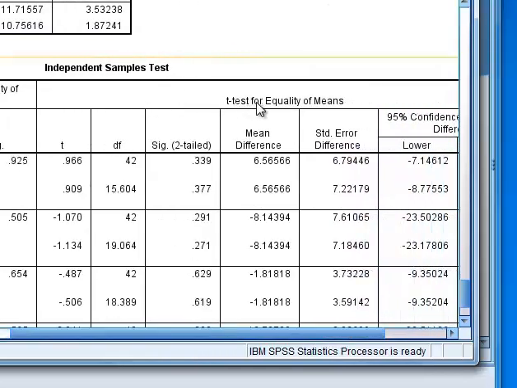And then over here under the t-test for equality of means, it provides the t and the significance of the t-test, whether it is significant or not, the degrees of freedom for the t that was calculated, and then that also tells you the mean difference between the two groups. And it looks like the first